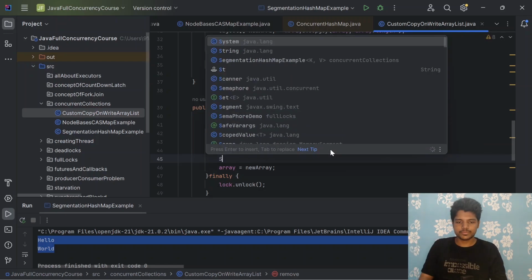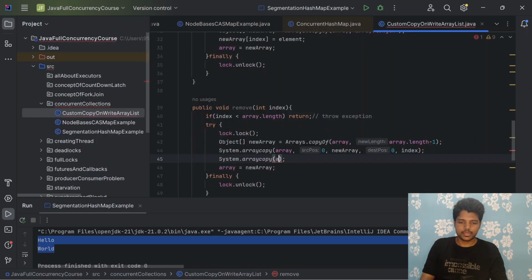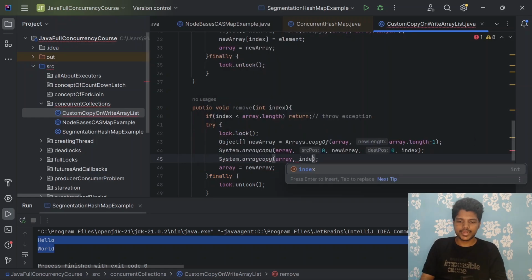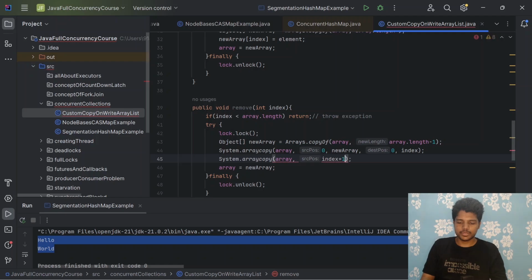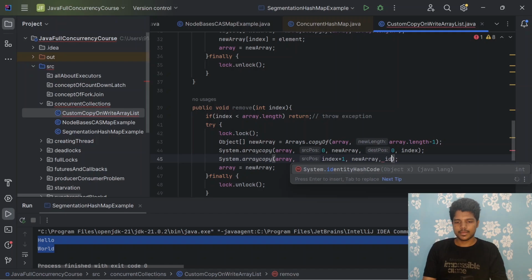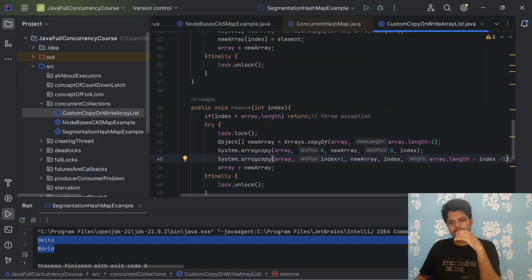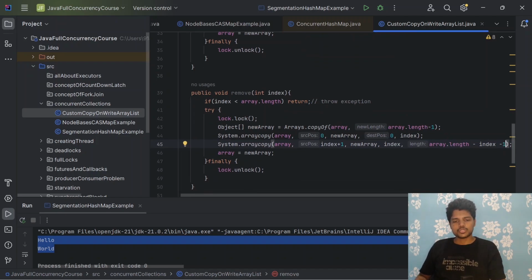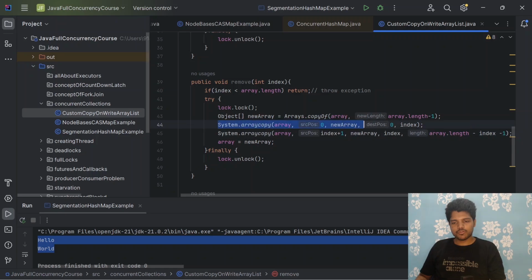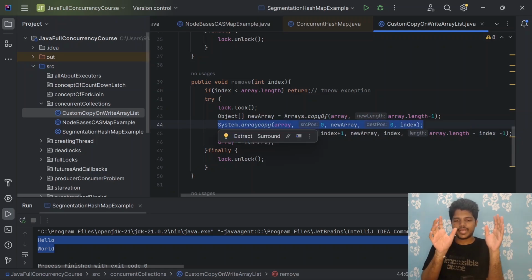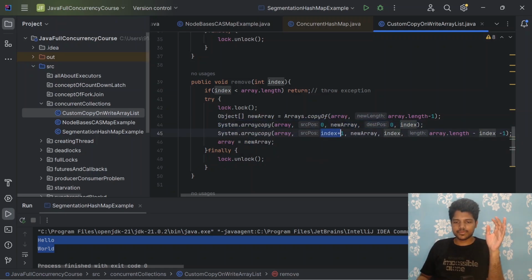Now you need to skip that index value. System.arraycopy from the old array, index + 1, just skip that value, into the new array, with index, and array.length minus index minus 1. So basically we are copying from 0 to index, skipping that particular index, and from index + 1